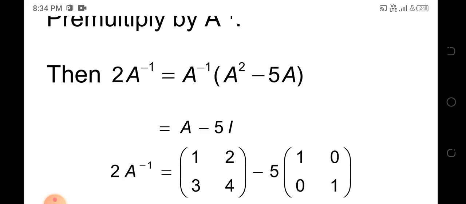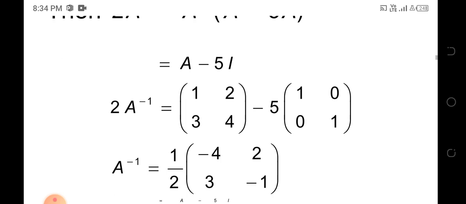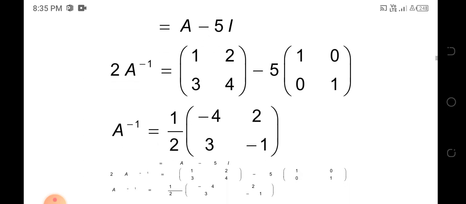That means identity matrix, not 0, it has 1. So identity matrix, 5 into I. That's why they've written A minus 5I for 2A inverse equal to; here you have to write the A value, minus 5 into the identity matrix, and then you have to multiply 5 with the identity matrix, then subtract both the values, you will get minus 4 2 3 minus 1, and you are having 2A inverse,